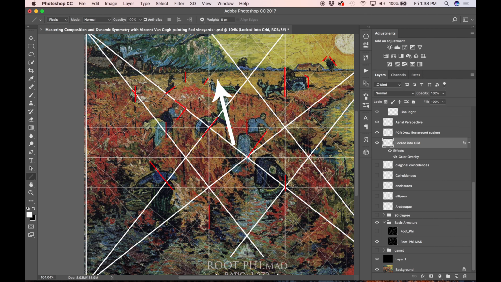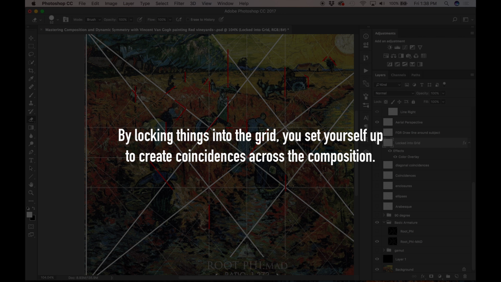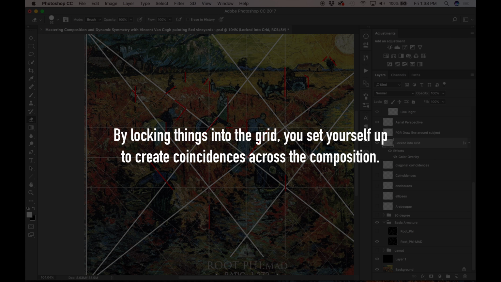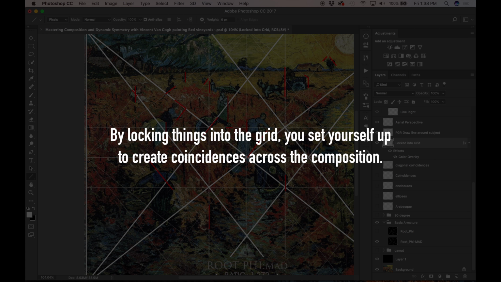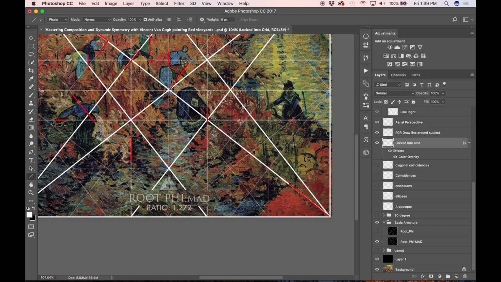The one thing about these grids is it helps you create unity, movement, and rhythm. You saw how we created rhythm with the gamut, and the gamut came straight from the grid. You can see how we're creating unity and movement from the coincidences. So once these things are locked in, you're automatically creating a coincidence because it's an edge-to-edge relationship. So we've got movements going up the grid, across the grid, diagonally from the grid. All these things are creating unity and movement, which is hidden in the master painting, but it's a real treat